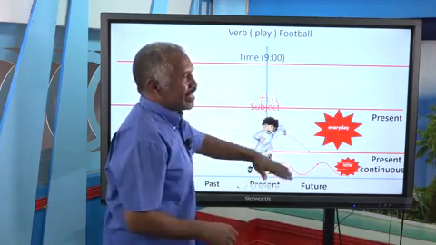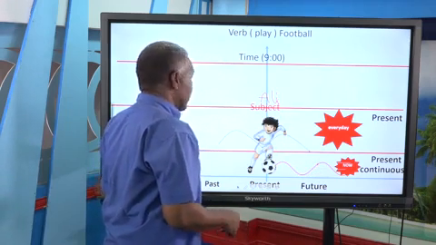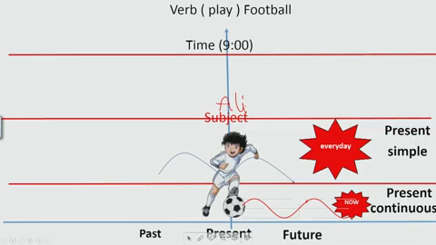When we change the time of the verb, we change the name of the verb, not present continuous. This is here present simple. Why? Because we change the time of the verb. Now let us go on. Okay. If Ali